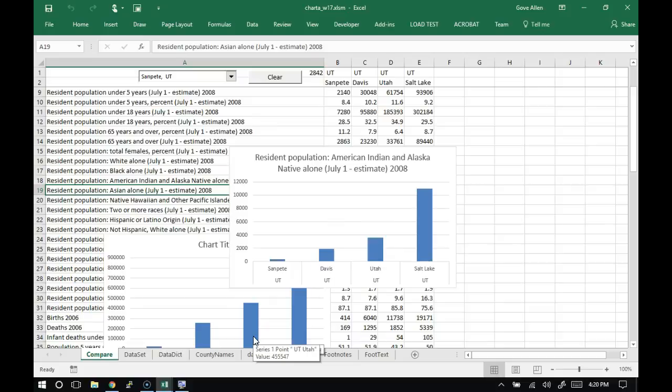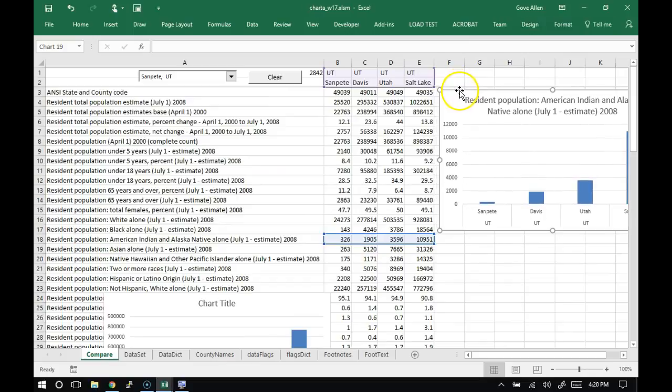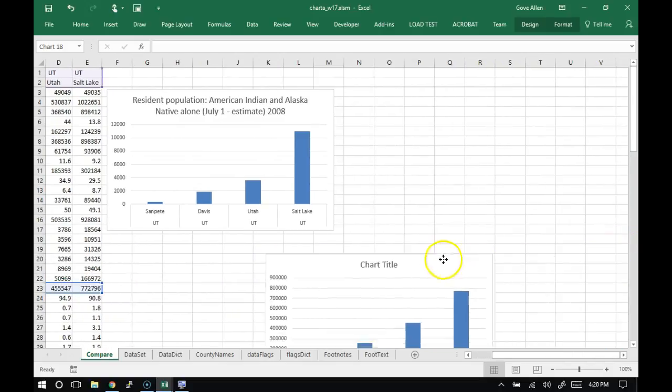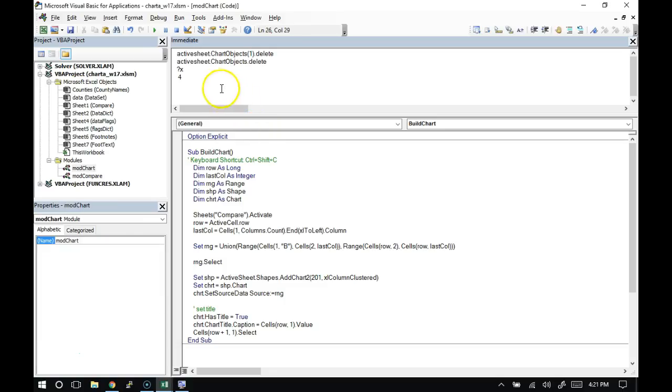I've got to put the charts somewhere else, so they're not stacking on top of each other. So here's what I'd like to do. When I create the first chart, I would like to put it right there. Oops. I want to put it right there. And the next chart, where do I want to put it? Right there. Just like to kind of let them go in. So, turns out, let's see, we've got our first chart object here. So let's